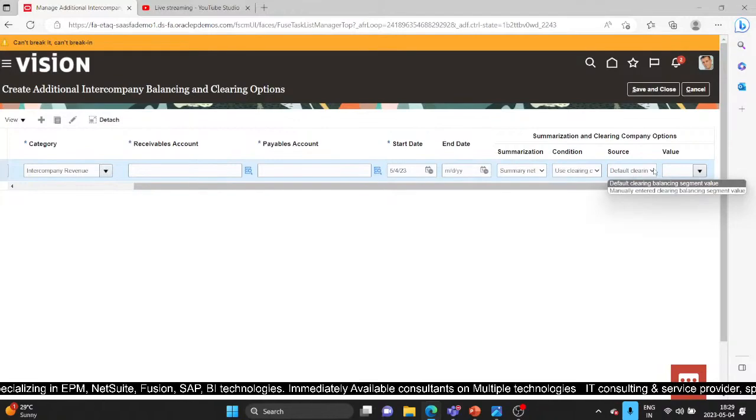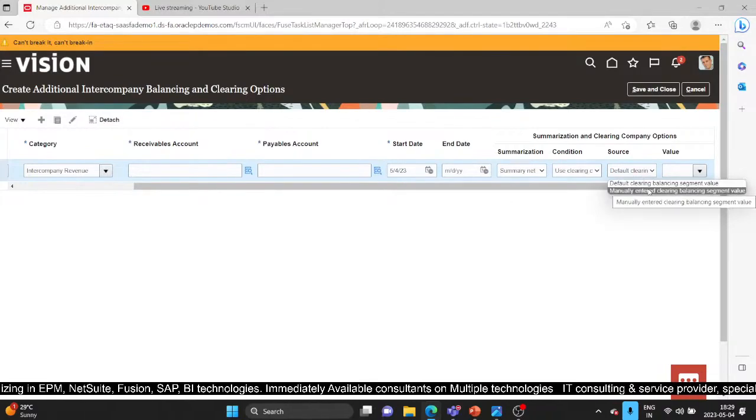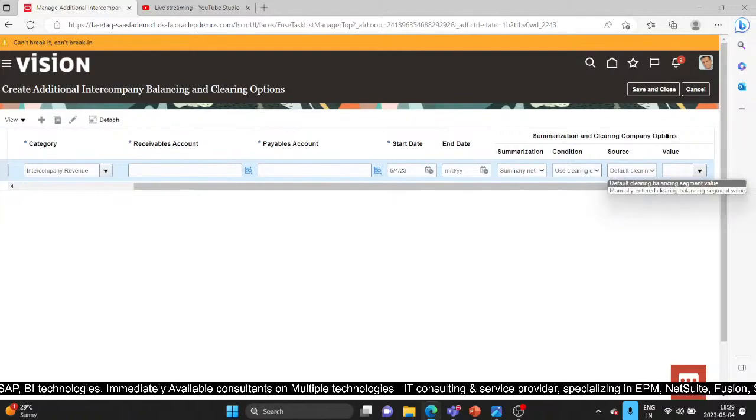It has the option as default clearing balancing segment value and manually entered clearing balancing segment value. So this way we can choose how the clearing company value is derived from the balancing line. If you select manually entered clearing balancing segment value, then you must manually enter a value in the create journal screen. This option does not work for subledger accounting entries as they don't have a field on the user interface